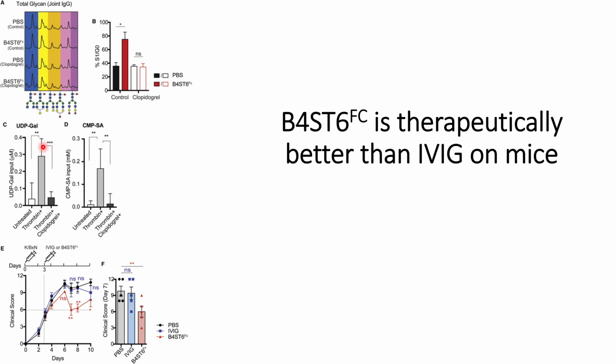And what they have found out is that in the case where clopidogrel is not used, they see more formation of the UDP galactose and CMP sialic acids. However, when the clopidogrel is used, the formation of this UDP galactose and CMP sialic acids is also reduced, and thereby they could not substitute these carbohydrate structures on the